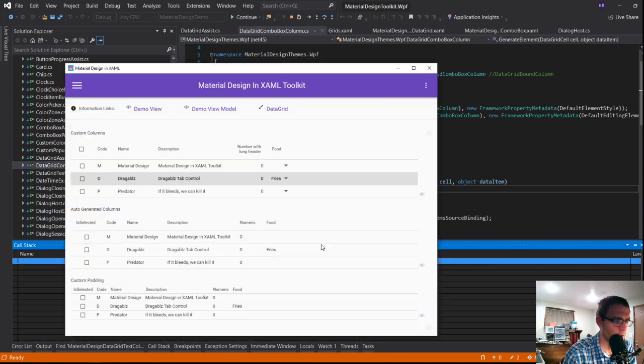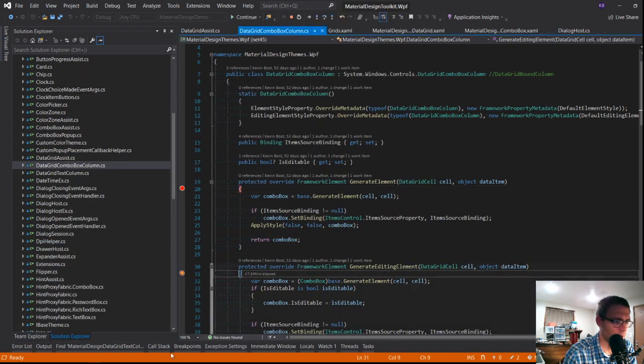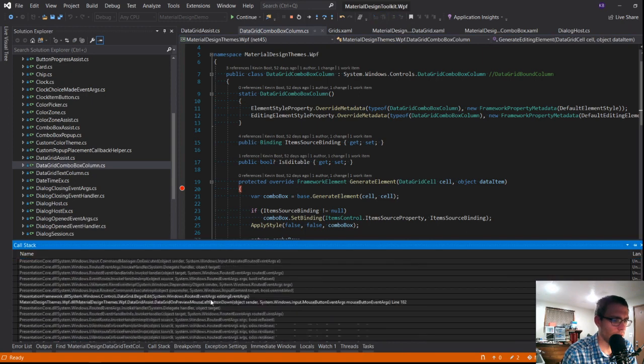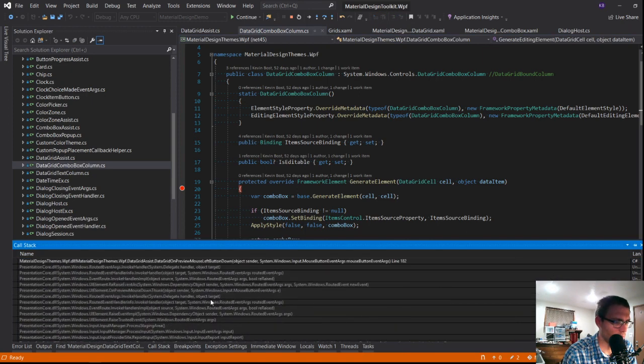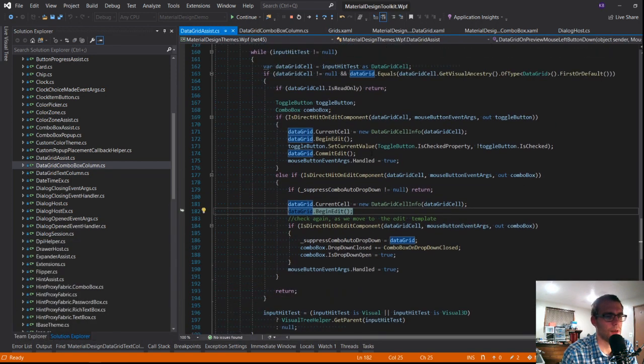Interesting. Let's try that one more time. Tab, tab, space bar, click. So the click is actually being handled by us on preview left mouse button down.